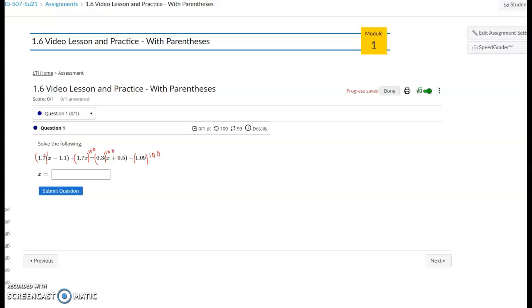And then 100 here. So what we'll get, the decimal place will move over to the right twice, so we'll get 170 times x minus 1.1, so the inside stays exactly the same, plus 170x equals 30 times x plus 0.5